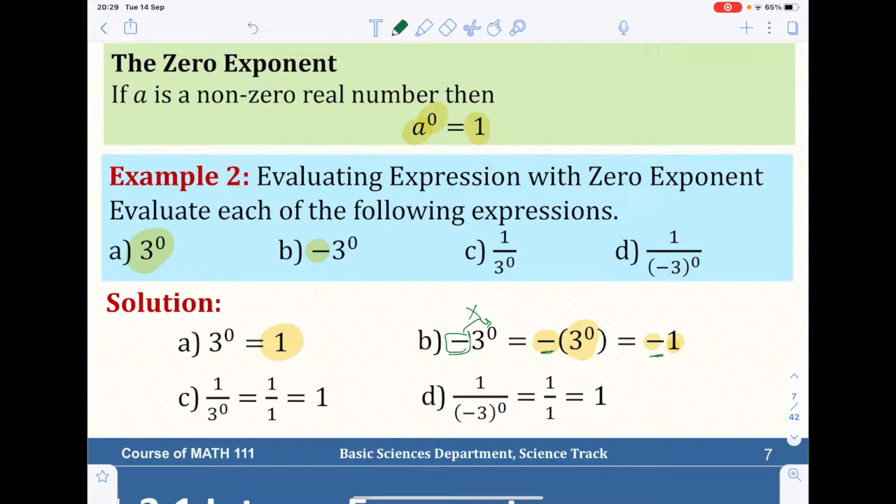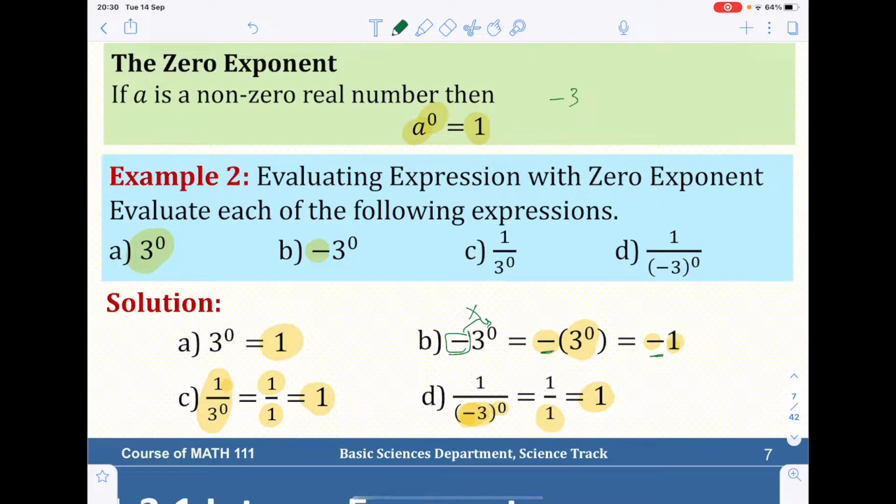Okay, 1 over 3 to the power 0. 3 to the power 0 is 1, so 1 over 1, which is 1. And here, negative 3 to the power 0, so it is a number, negative 3 to the power 0, so it would be 1. Okay? And 1 over 1 equals 1. So this is the difference. You have to be careful